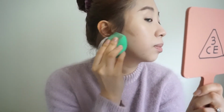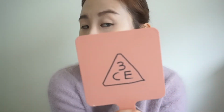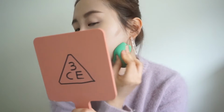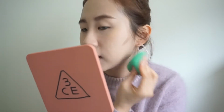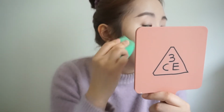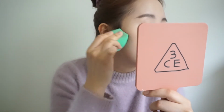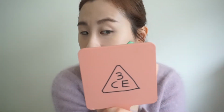Consider that it's a cream contour. A lot of the cream products tend to be a little bit more sticky to have that moisturizing feel, to make it feel more creamy and easier to glide on your face. It blends out on your skin really well and it dries to a really natural finish. It doesn't dry out your skin, but it does set into your face, so you don't really have to